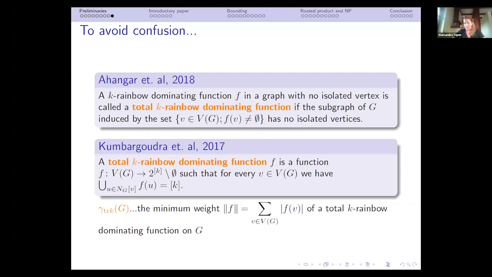How they differ, I don't have time to explain now, but you can see some explanation in the first paper I mentioned. So then nothing else came to my mind except for switching these two words. I know this is not the best solution, but nothing else came to my mind. So what I want to say is just be careful when Googling for papers on this topic, that these definitions are different.